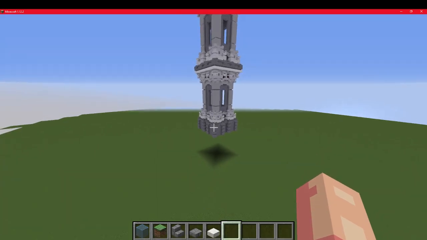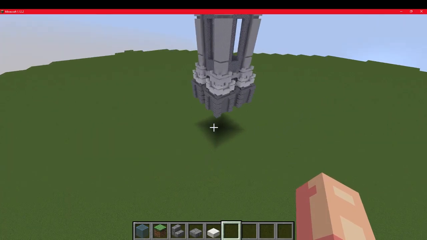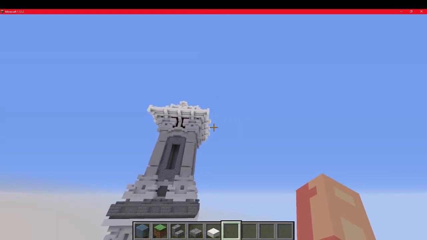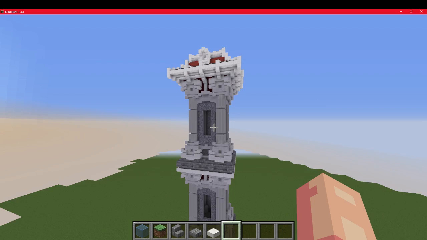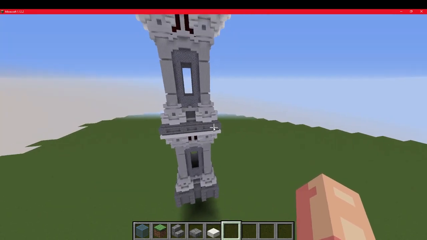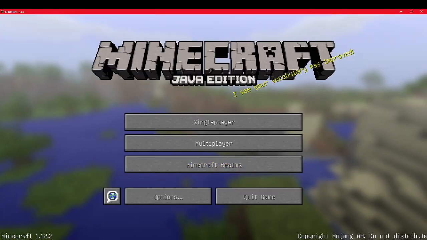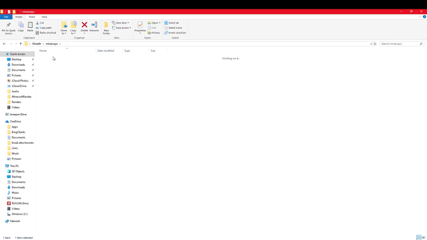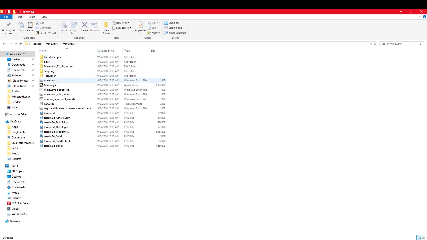So pretty much what Mineways is going to do is make a 3D cube covering up the entire thing to make sure that it gets every single block, and it's going to change it to an OBJ file format, which Blender can read. So now we need to exit out of this and open up Mineways. Let's go into my folder, which you guys should know how to do, but the one you click is the Mineways Windows batch file. Now that is a bit of a weird thing,